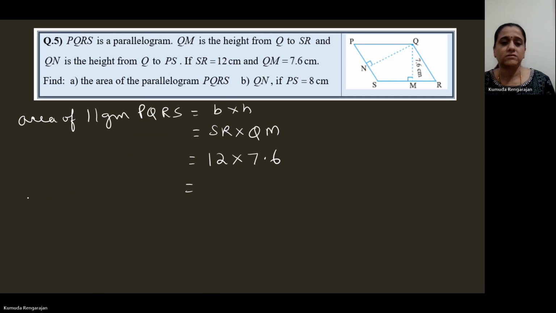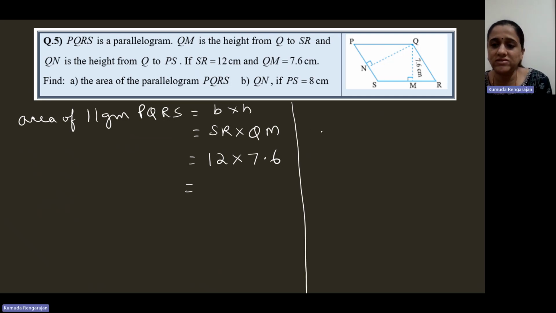Then you need to find QN if PS is equal to 8. What do you do here? You have the formula. So we need to find the area. 12 into 7.6 is 91.2